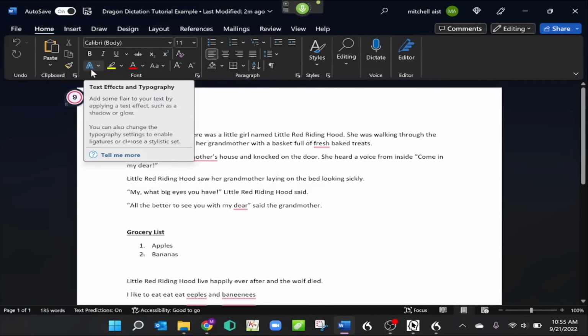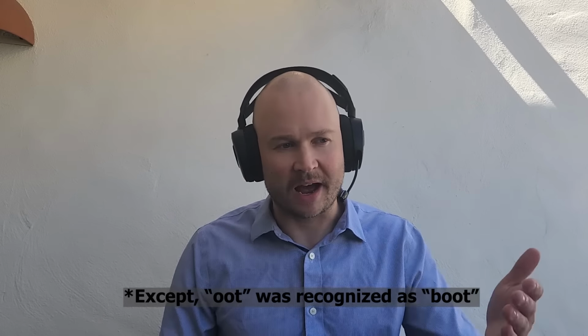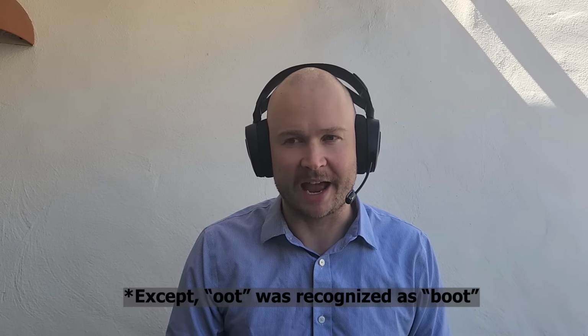Go to the end. I like to oot, ooples, and banunus. Go to sleep. All right, so that worked. We've got ooples and banunus now in our vocabulary. So use that. Maybe you have a giant inbox full of emails with your boss's name and your clients' names, and your proprietary vocabulary is in your inbox. And Dragon can know that. Dragon can know how you work very, very easily.